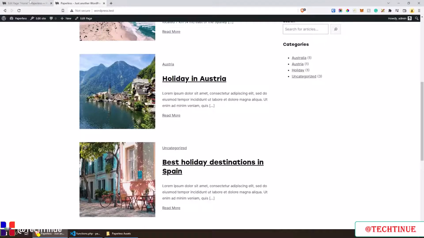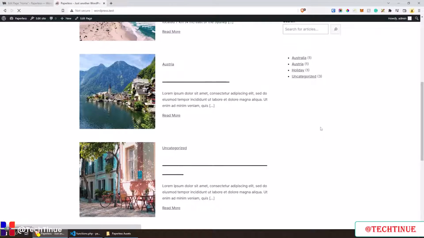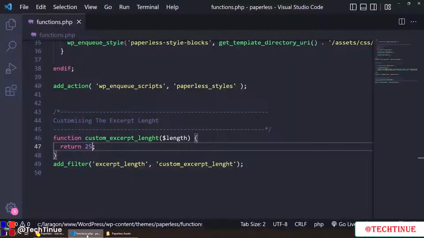So what we can do is let's go back, and if we click on the actual category list, we can go to advanced and we can give it a specific class name that we can style. So for example, let's say category-sidebar. Category sidebar, let's copy this and let's update it. Let's go to the home page, refresh, nothing happens obviously, and let's quickly go to the editor,